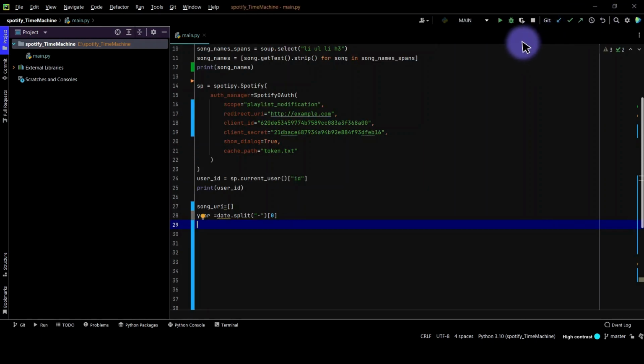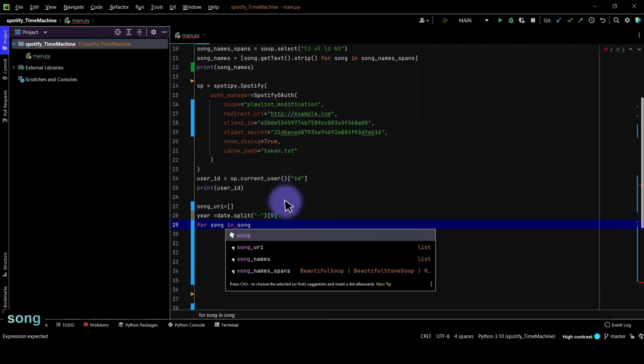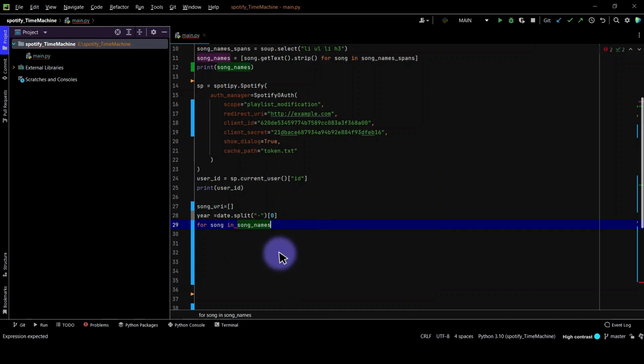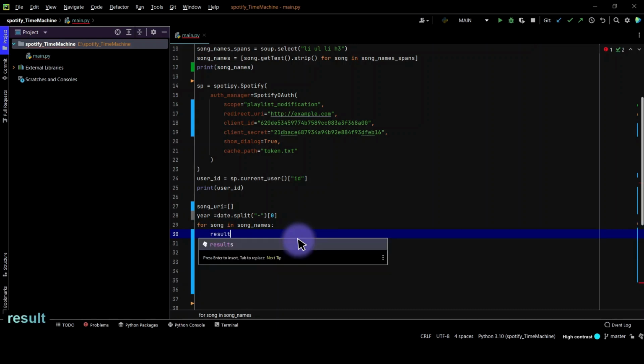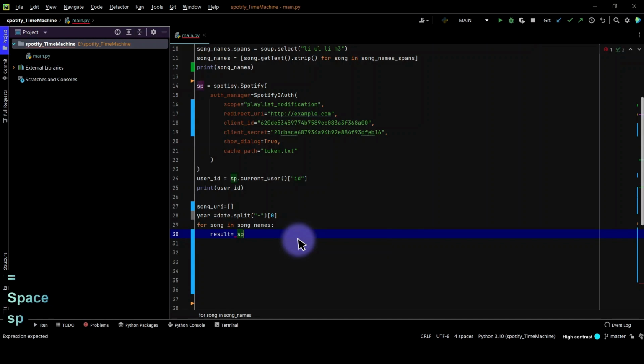Now we will loop through each and every song. So we will create one loop for this. So let me check once. Okay, so we will loop through the list: for song in song names, as we have named it. Then the result. After that we want Spotify to search through that. So we'll create